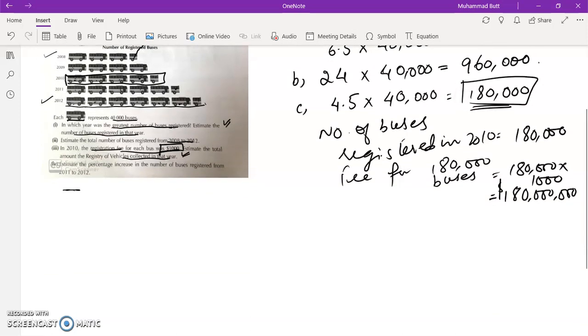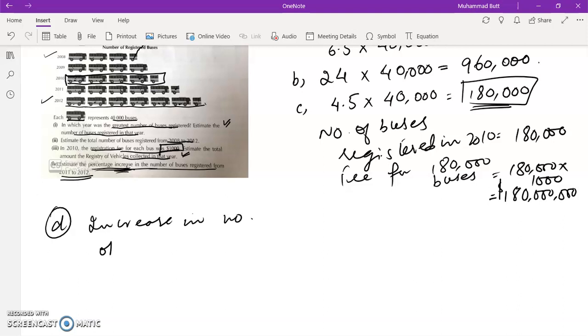And now the last part of this question, estimate the percentage increase in the number of buses registered from 2011 to 2012. Now students, this is a new topic for you to calculate the percentage increase. How to calculate the percentage increase? If you want to calculate the percentage increase in any number from one year to the next year, what are you going to do? First of all, you are going to find out the increase or decrease. In this question, they are telling you to find out the percentage increase. So the increase in the number of buses